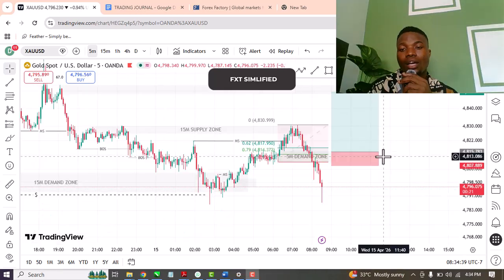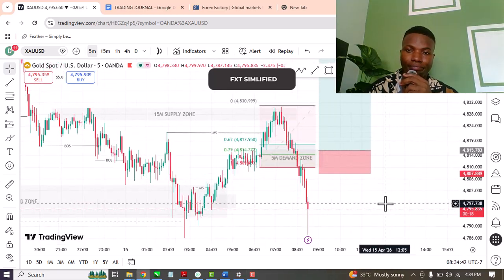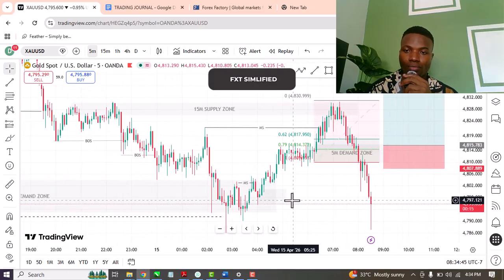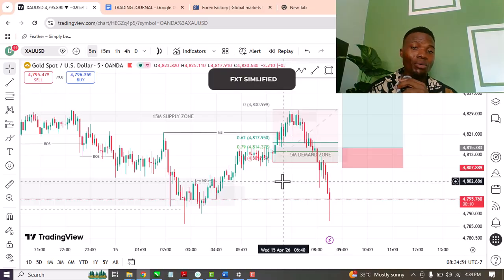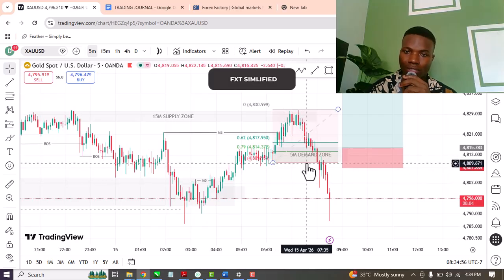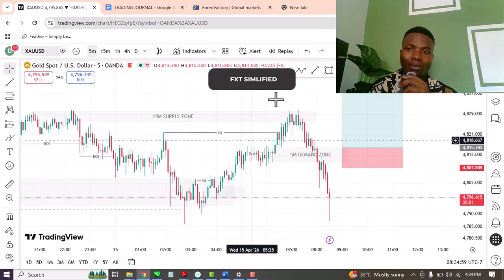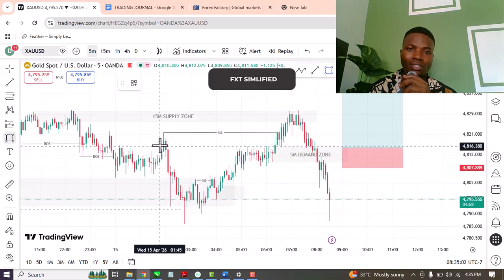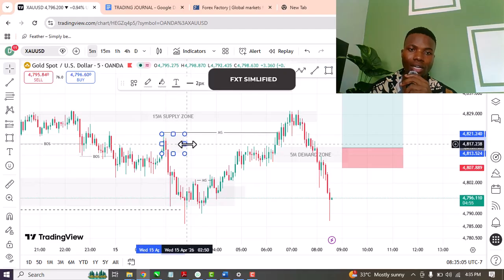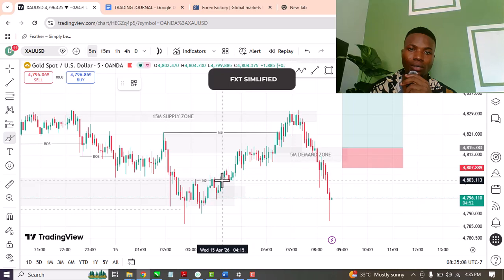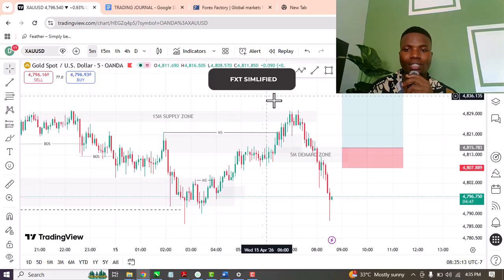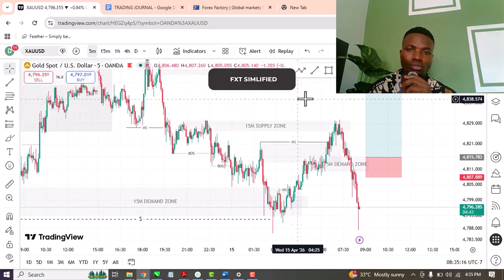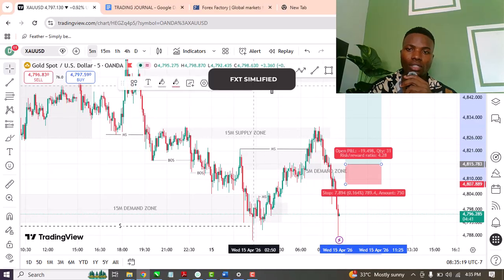All right, price eventually took me out. Really, this setup I was initially looking to sell. While I was looking to sell, I was expecting price to pull back to this area here and to take a sell to the downside. But right now, what gave me the conviction that price has shifted to bullish is